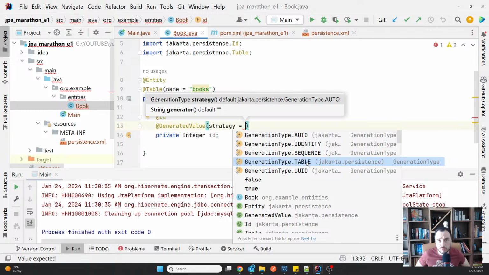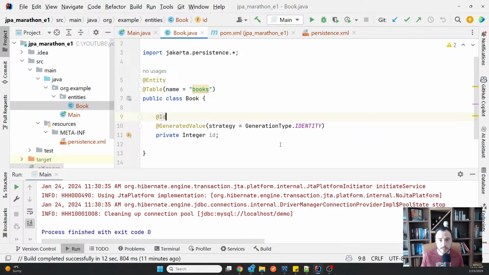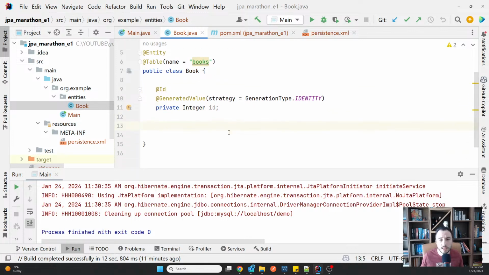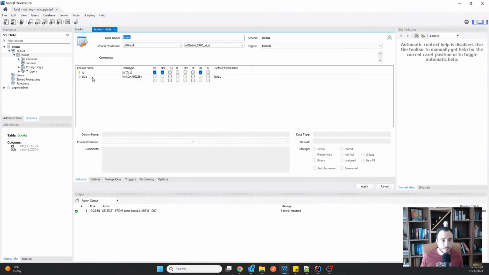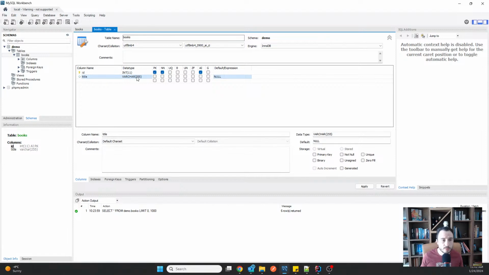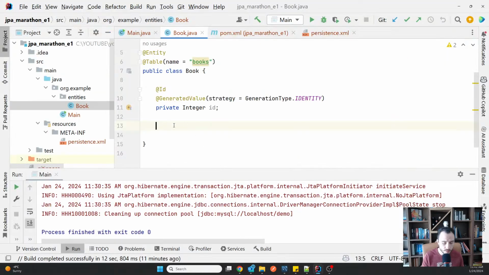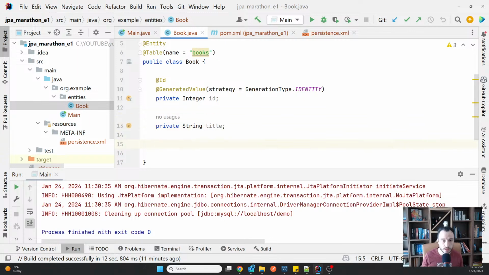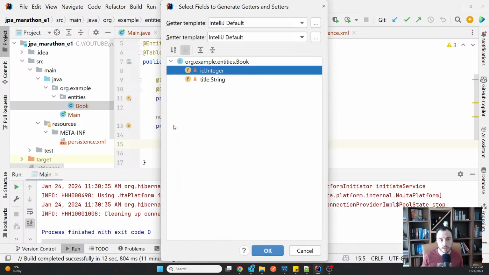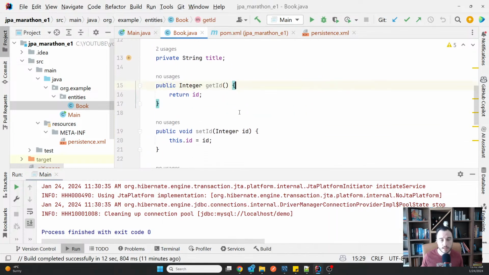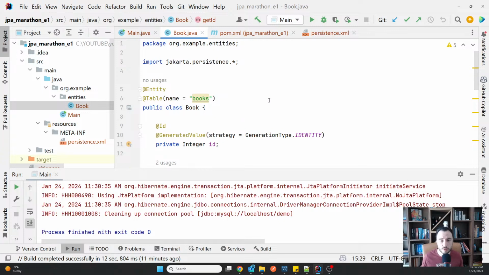They are not defined for such kinds of operations. And of course UUIDs, in case you want to create it as UUIDs. I'm going to put it as identity, which fits exactly the definition of my table, and then I'm going to add the title, which is a string. A varchar of 255 can be defined as a string. So for me here it is private String title, the book's title, and then I'm going to just create the getters and the setters for this like that. And this is the minimum I need for an entity.